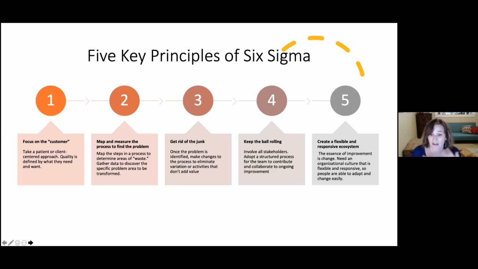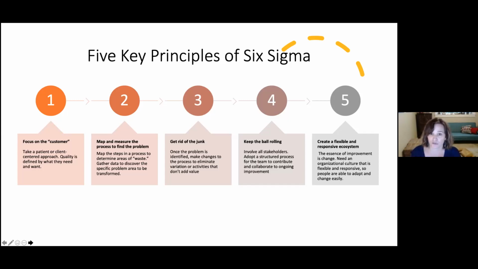Once you identify that and clear out the steps, the next principle is keeping the ball rolling, really engaging the team and all the members of an organization in the change, all of the stakeholders. This builds on the themes from the first change management presentation, where change is something that happens with people if it's going to be successful, not to people.